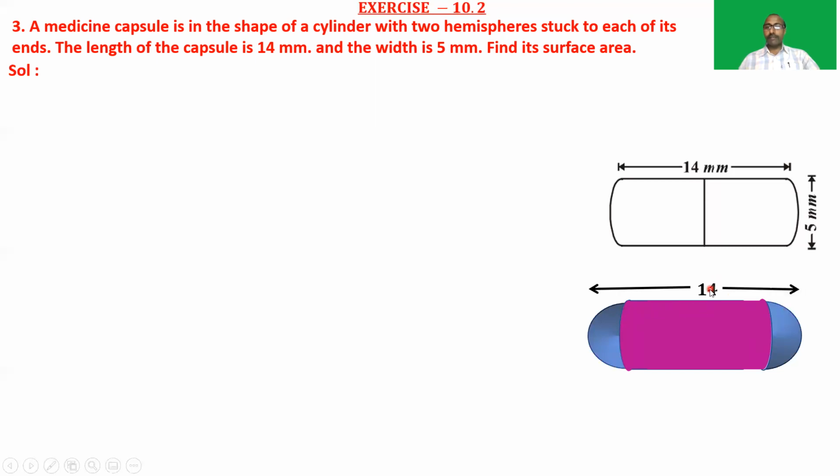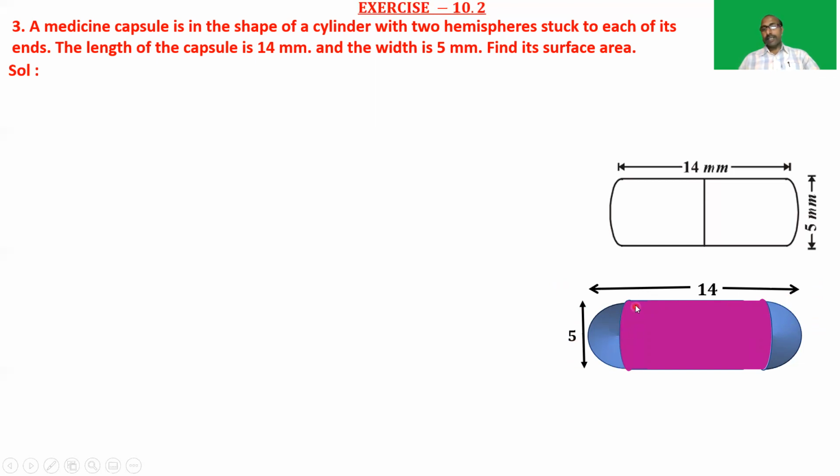So this 14 millimeters includes the length of the cylinder as well as the radii of both the hemispheres, and the width